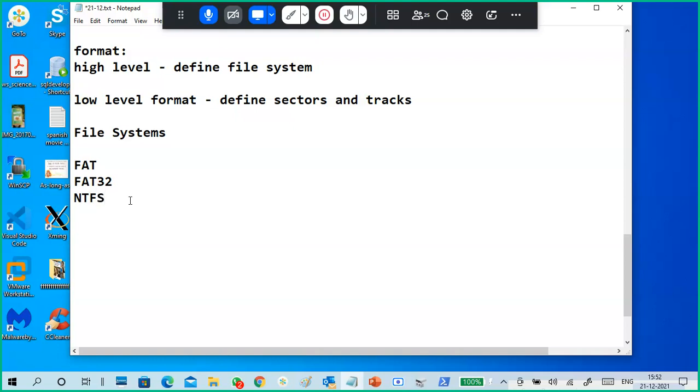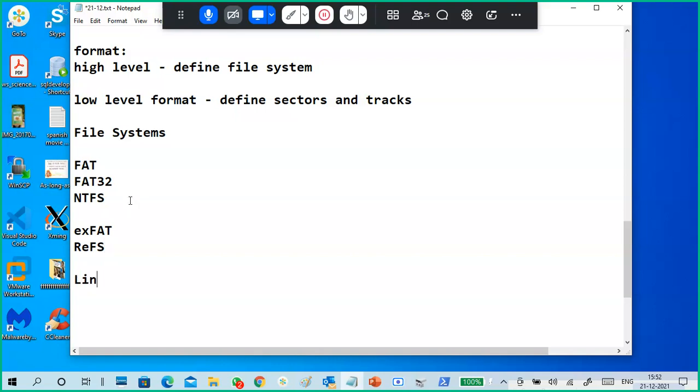We are in Windows, so mainly we use the FAT and NTFS file systems. Other than these, there are two more file systems: exFAT and ReFS.